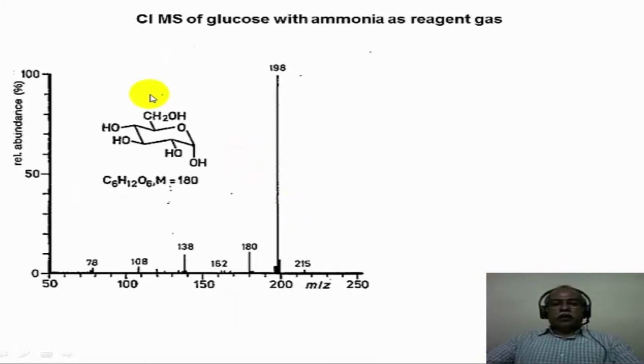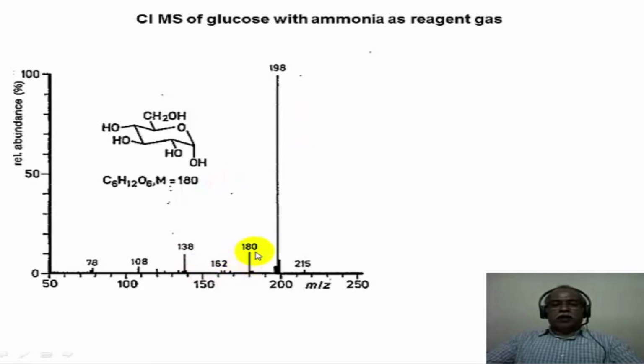Now, a molecule like glucose, for example, undergoes extensive fragmentation in electron impact ionization mass spectrometry. This is very typical of many sugar derivatives, particularly when the sugar derivative has free hydroxy functional groups without any protecting groups. So in order to get the molecular ion peak of glucose, this was done using chemical ionization mass spectrometry with ammonia as the reagent gas. What you see is 18 mass units more than the molecular weight, which corresponds to the ammonium ion adduct of glucose, registered as the molecular ion peak in this particular case.